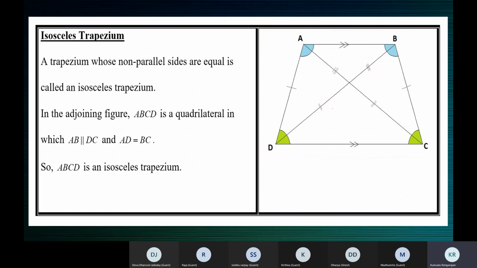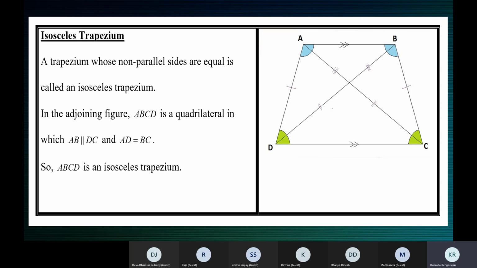Why is a rectangle a parallelogram? Both pairs of opposite sides are equal, ma'am. Equal is fine, but you should say parallel. Equal is also good, but since both the pairs of opposite sides are parallel, it's a parallelogram. A rectangle is a parallelogram. A rhombus is also a parallelogram.